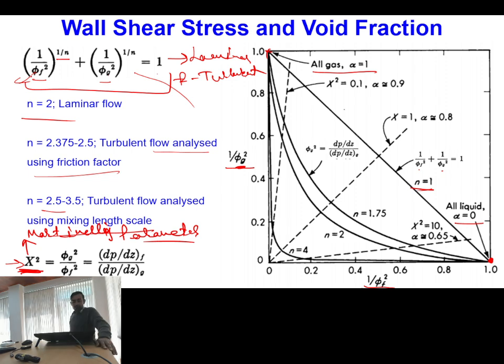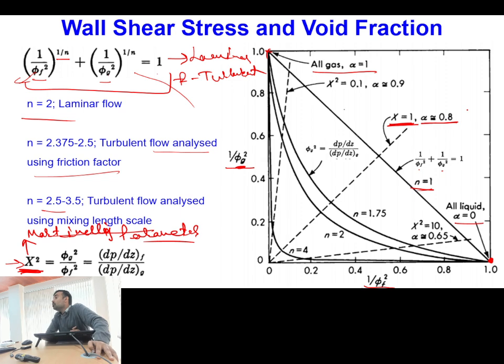Okay, so using these two equations now you can calculate both. So here you can see this dashed line corresponds to Martinelli parameter of x equal to 1, and corresponding to this x equal to 1 you have